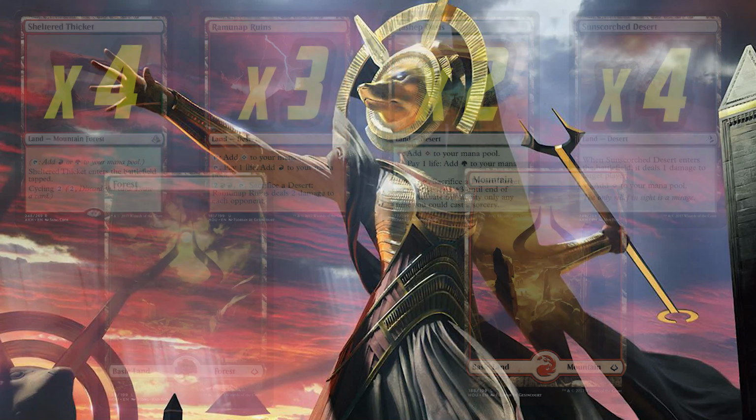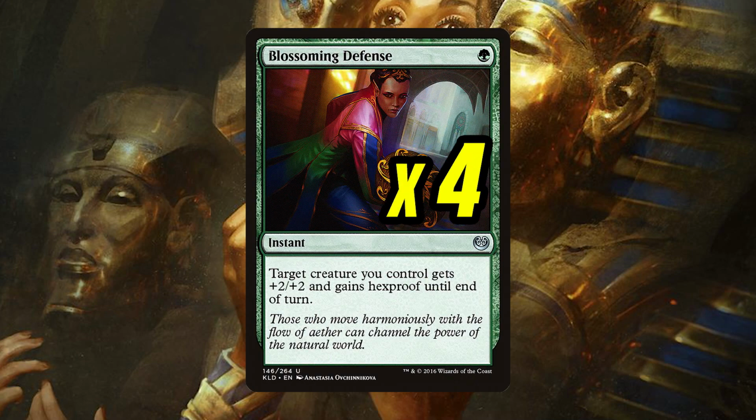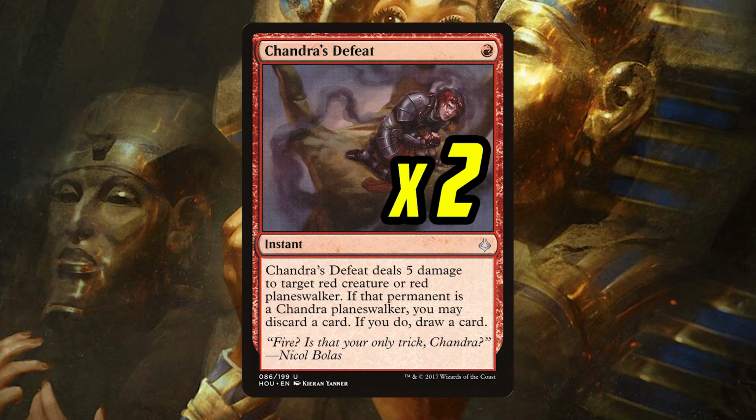Not bad at all. But let's say game 1 went poorly. What can we do? Let's go over the sideboard. We've got 4 Blossoming Defense here for anti-creature removal, and the only reason it isn't in the main board is due to our curve being fairly quick already, 2 Chandra's Defeat to deal with the Planeswalker or Glorybringer,